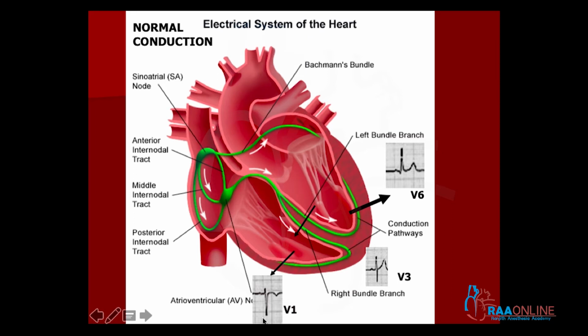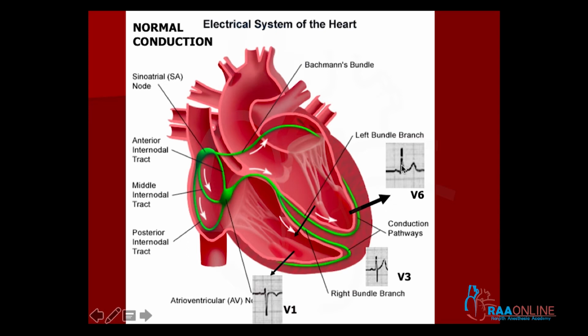negative S waves. So this is the normal V1, which has a small R wave and a deep S wave, and this is a normal V5, V6, which has a small Q wave and tall R wave. The small septal Q is because of the septal depolarization which is going away from the left side towards the right side. So in between leads like V2, V3 and V4, there is a gradual increase in the R wave. The R wave is progressively increasing towards V4 and V5 and V6,